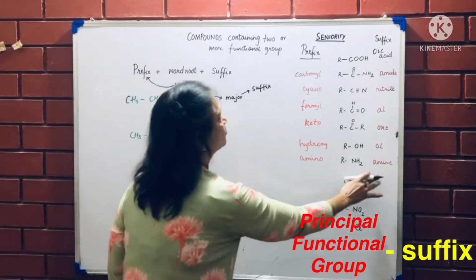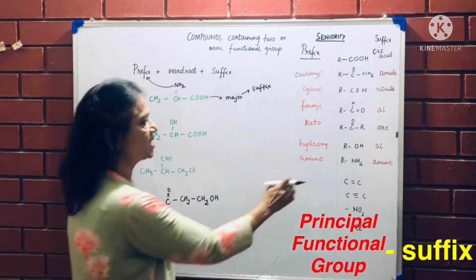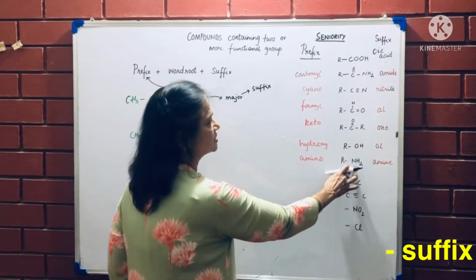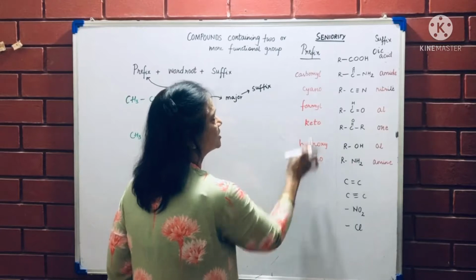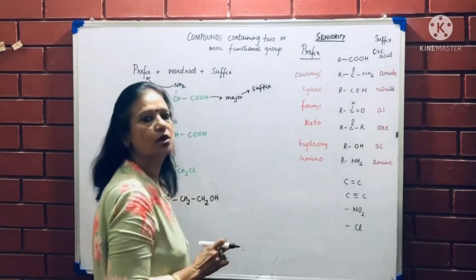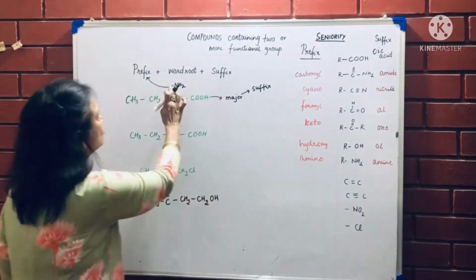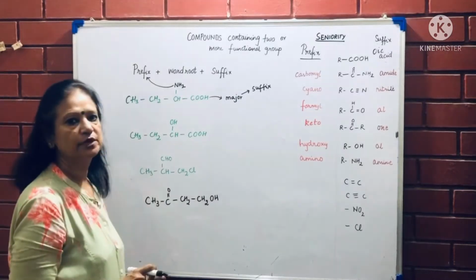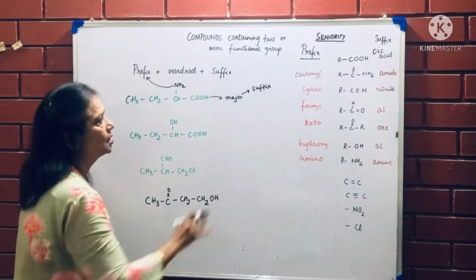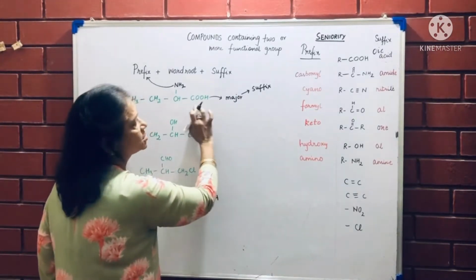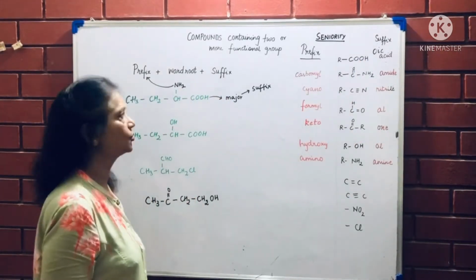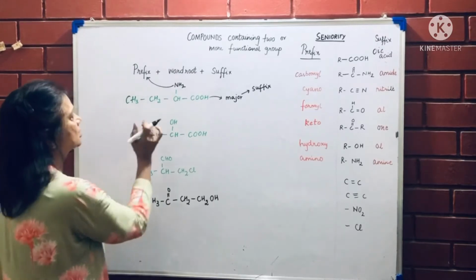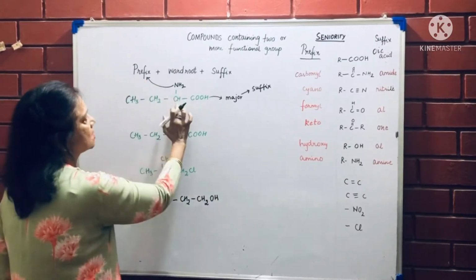So now see here both the sides. If the same NH2 is present as the suffix, we call it amine. But if it is in the prefix, it is called amino. So at the moment it is in the prefix, so it will be called amino, whereas the major functional group COOH is oic acid. So now the name of the compound: prefix is amino.